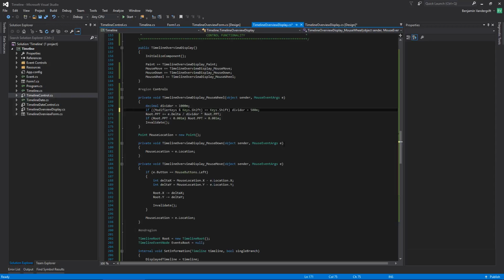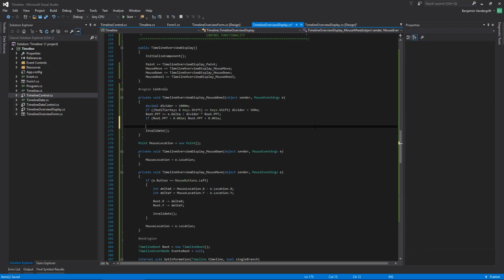But to get zooming working would be a little bit more complicated. So next time, I guess I might want to get zooming working because I think that would be a really, really nice feature to have. And the other thing that I want to do, I'm just going to come down here. I'm not sure exactly how I'm going to implement zoom. And the other thing that I want to do is